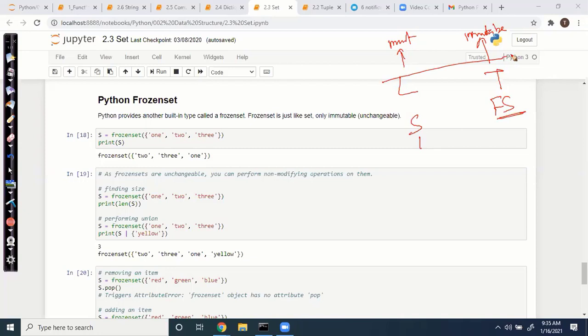Remember it like this: we have mutable and immutable objects. One is a list, another is a tuple. Similar to a list but without order, without any index, we have a set. Similar to a set but immutable, we have a frozen set. Everything is similar to set, but here it's immutable.